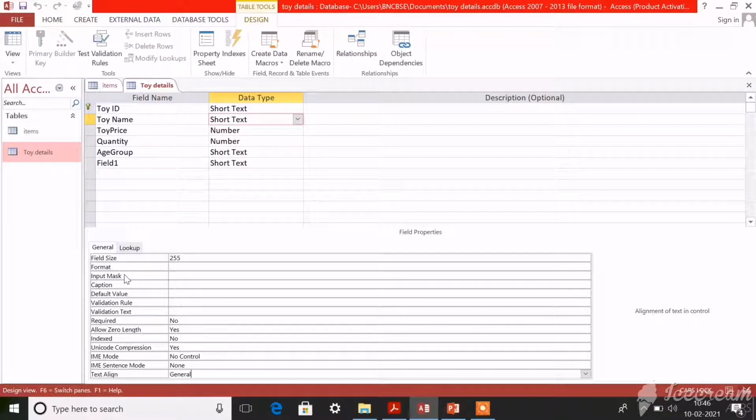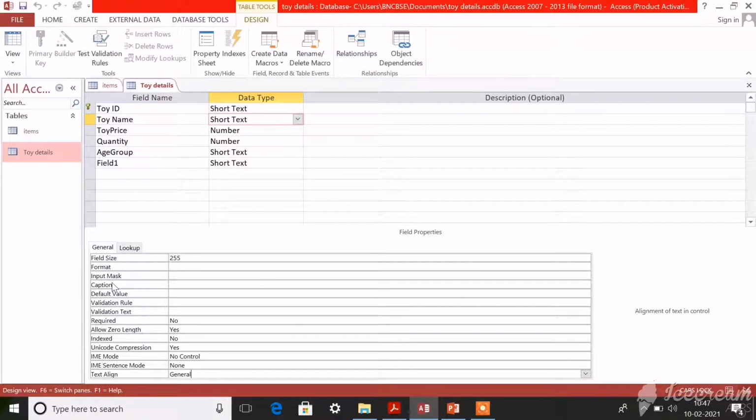For example, for a phone number, the input mask could be like first you write the code number, bracketed separately, and the remaining numbers separately. This is how it controls the type of data that we enter inside a field.